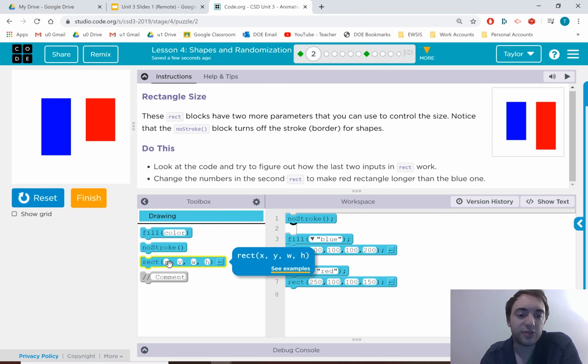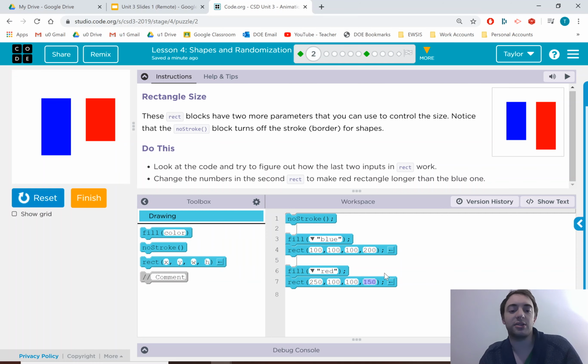So we want to look at this. We have X, we have Y, we have W, and we have H. Now, W and H, when you think of rectangles, you think of width and height, and that's exactly what they are. So if I'm looking for the red one, I'll make the height bigger. Let's make it 250. Ta-da! We stretched it out.